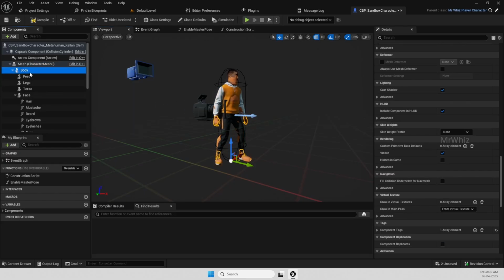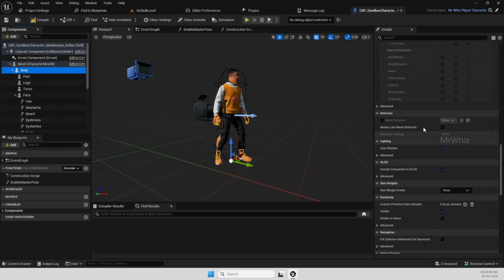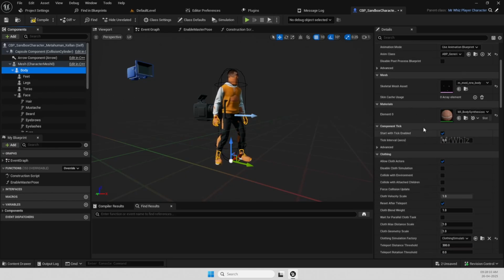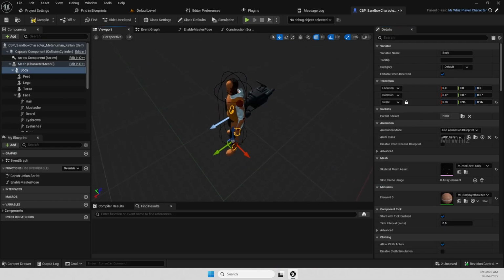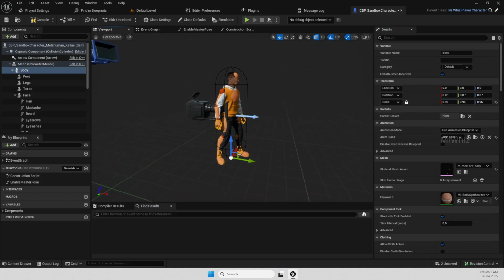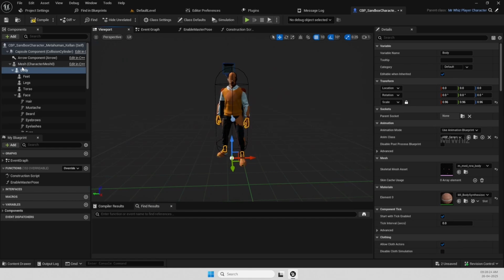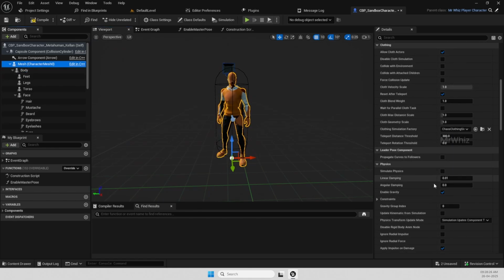So simply click on the body, that has your metahuman character, and come here to the scale. Try to reduce it and make it equal to the mannequin. So now you have both at the same height. And now you can go to your mesh and